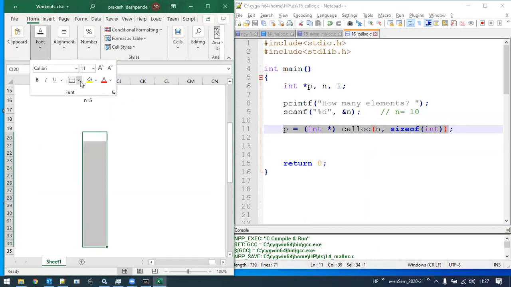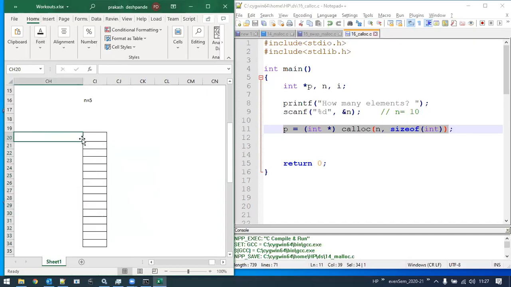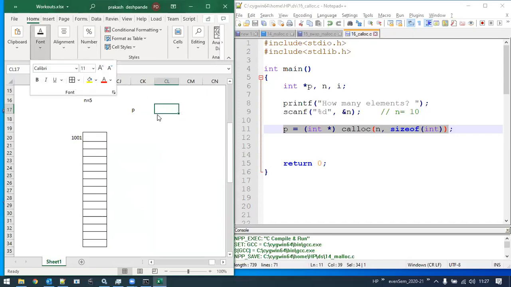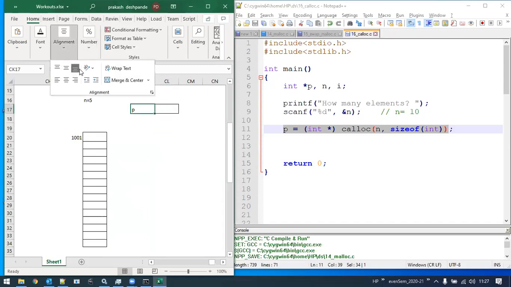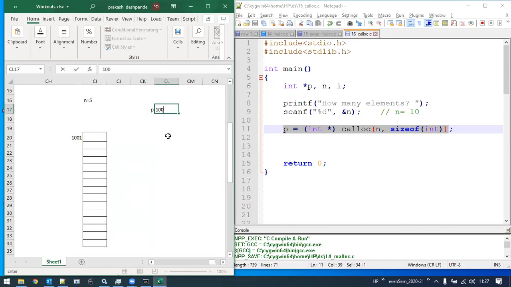Let it start from 1001. Now we have a particular pointer P, and this is the location of P where we are going to save the values. Initially it contains the 1001 memory location, and let me put in the other locations here.